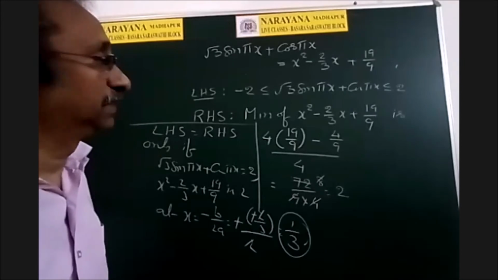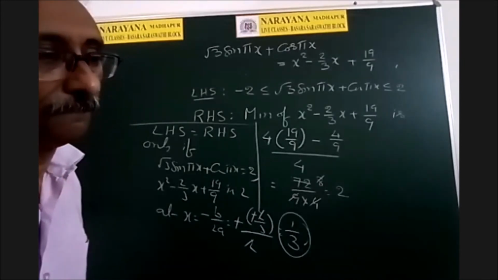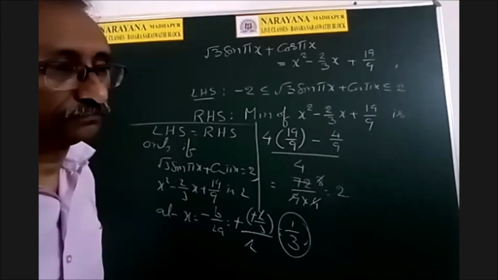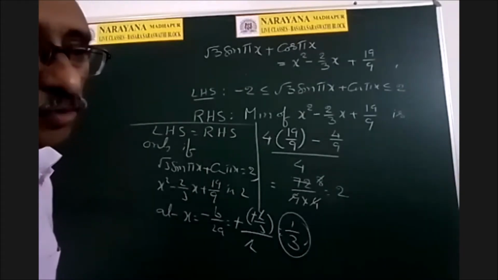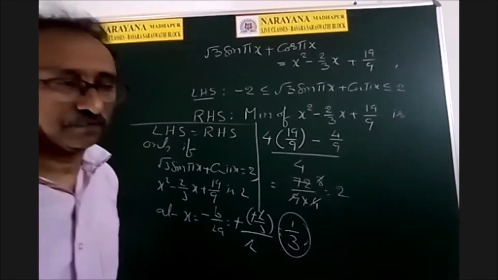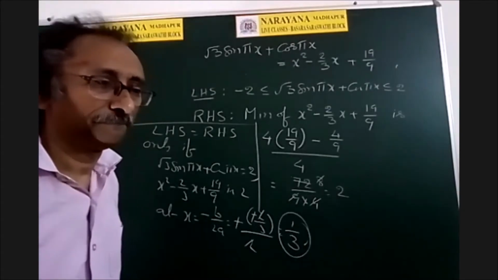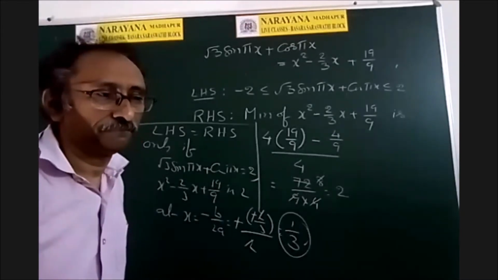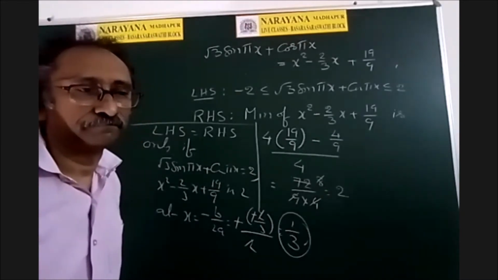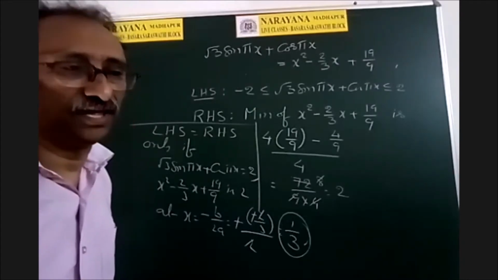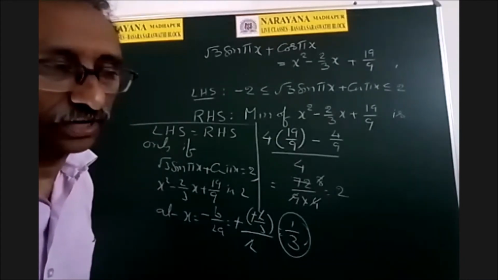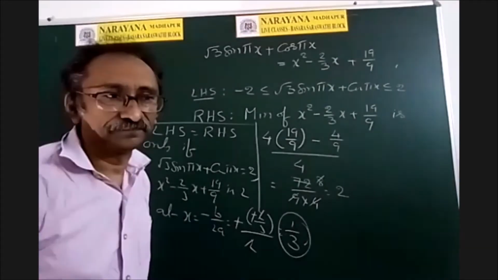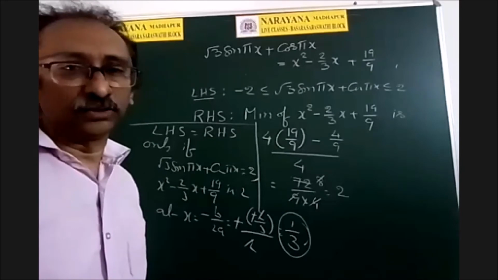What is the minimum value? Now tell me. Sir, I have written the range, sir. Now, what is the minimum value of ax square plus bx plus c? Sir, I don't know, sir. Yesterday you wrote the notes. Did you write the notes or not? Yes, sir, I have written, sir. You have written. Okay, then show me.